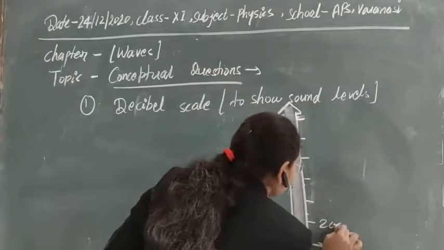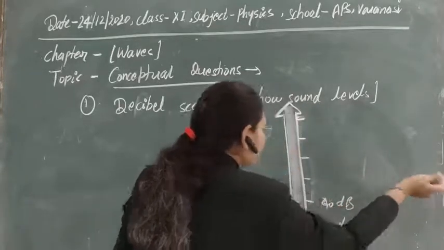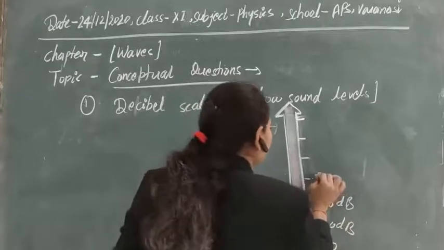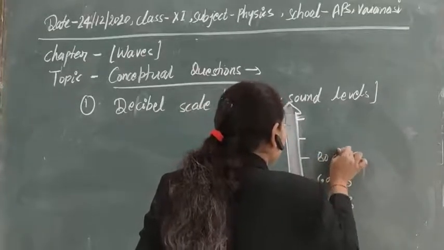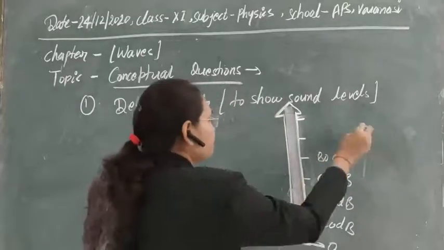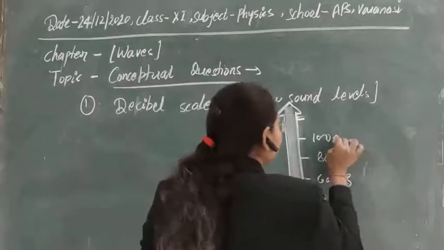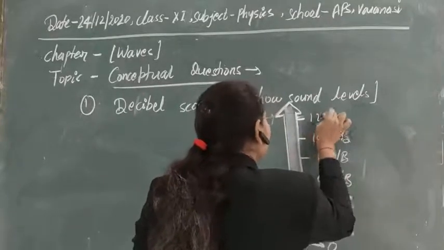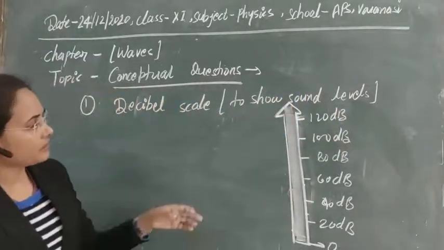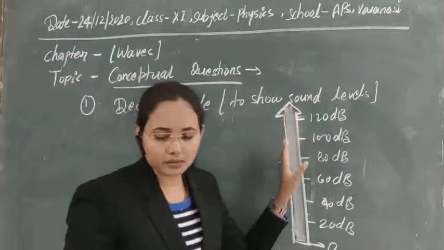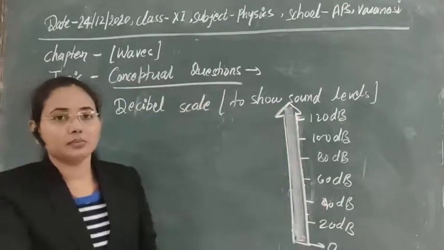So this is 20 decibel. This is 40 decibel. You can denote it by dB. This is 60 decibel. This is 80 decibel. So the unit that is used to measure the intensity of sound is the decibel, and in that we are measuring it. This is 120 decibel. On the scale you can take another value, but still the most intense sound that we are using is 120 decibel.